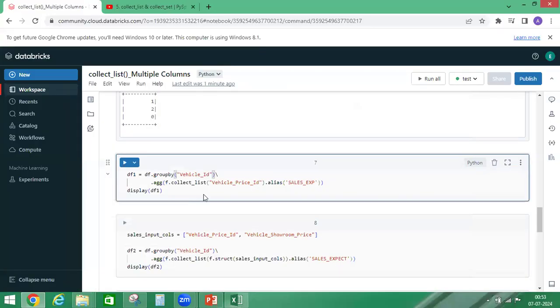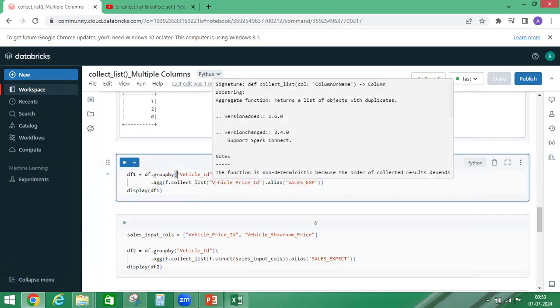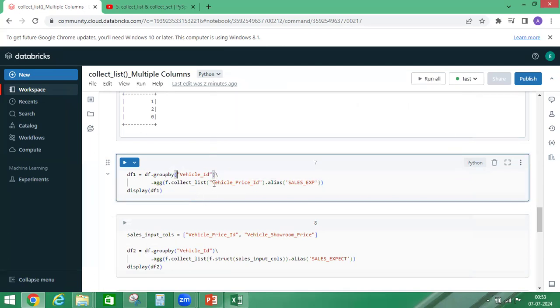Then, on the target column, I'm using the aggregate function and inside it collect_list. Which column values do I want to collect? That is vehicle_price_ID. I mentioned that here, with the alias sales_X. If I run this cell,